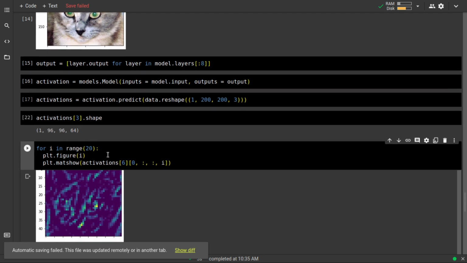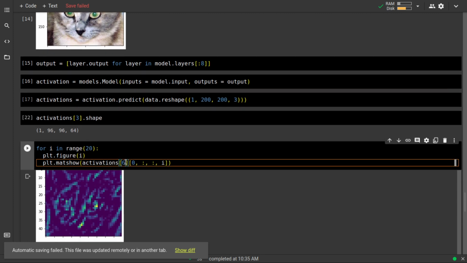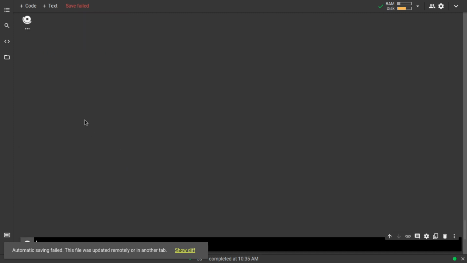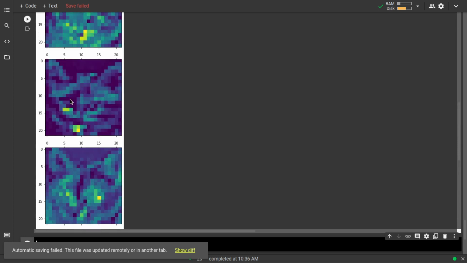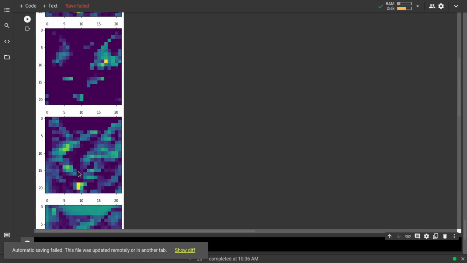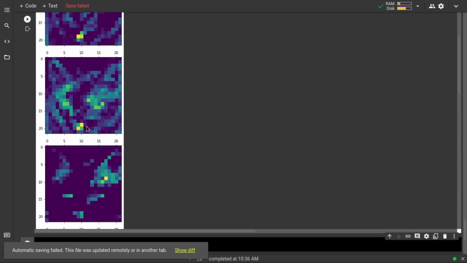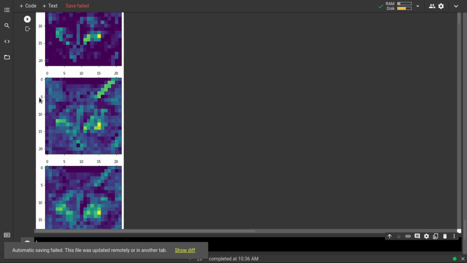So now let us come to the seventh layer and see what happens if we plot it. Yes, so again not a lot of things can be seen over here because we have reduced the image height and width.